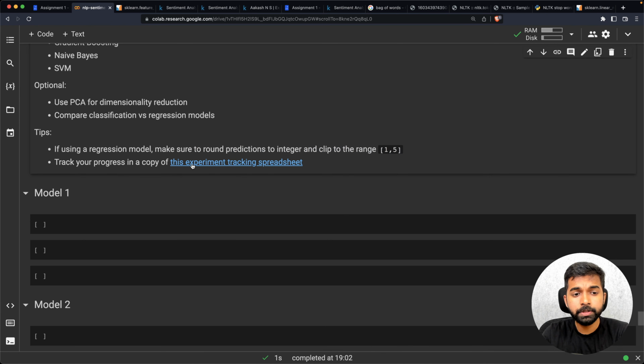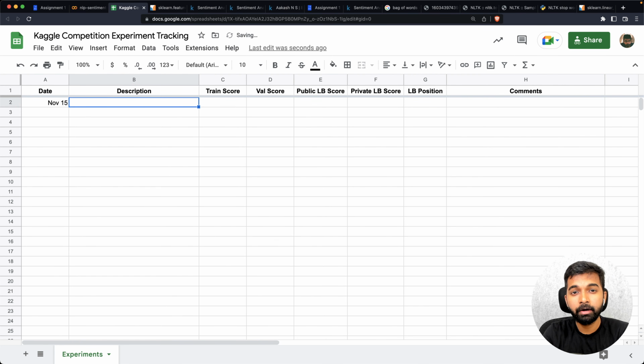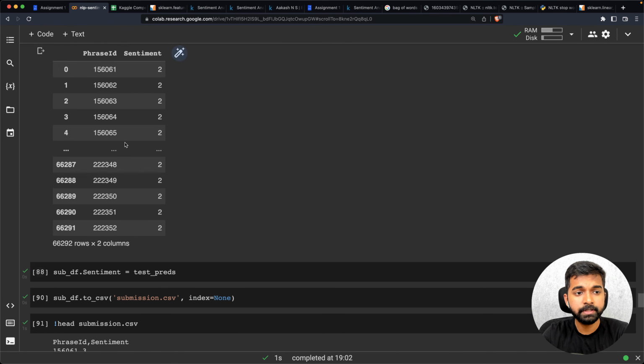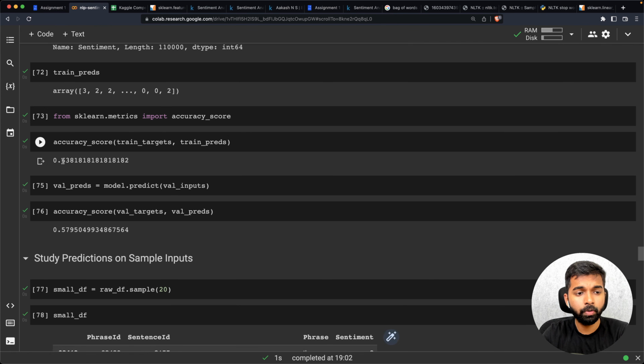Now, the other thing you should do is you should track your progress in a copy of this experiment tracking spreadsheet. So here we've created a spreadsheet for you, Kaggle competition experiment tracking. And in this spreadsheet, you should put in the information, for example, the date November 15, the idea that you've tried. So right now I've simply tried TF-IDF with logistic regression, and note down the scores that it gave you on each of the sets. Let's see here. So on the training set, the accuracy score was 0.63. I'm just going to copy that score here,